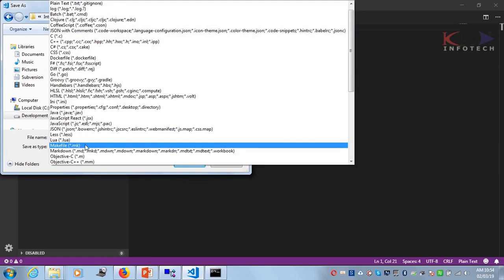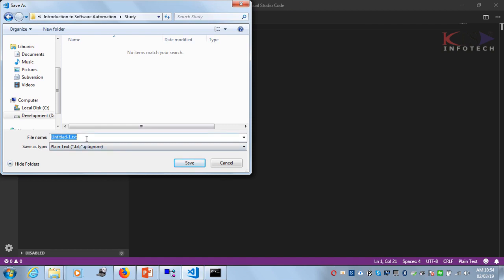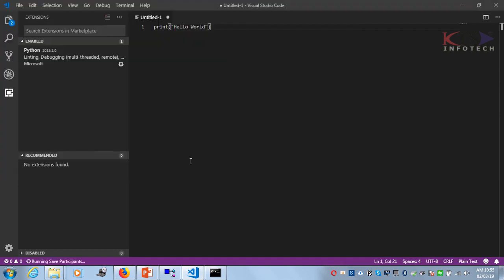So plain text dot py. What you need to do is just use the dot py extension. So where is that? Star dot, hello world, world dot py. Just try to save it. So I actually saved it as a Python file.